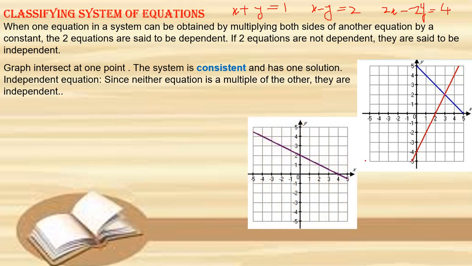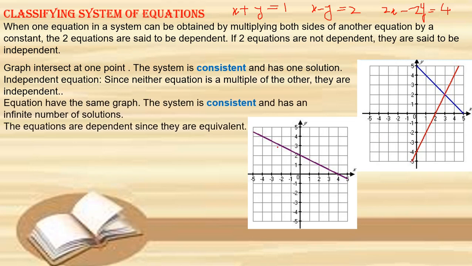Similarly, in the second, now this is the dependent equations, as we understand that any one equation we get by multiplying any constant to another equation. That means both the equations are dependent. So here, when the equations are dependent, then also they are consistent. Why? Because they have infinite common points in the graph. That means they have solutions. That means they are consistent here, with an infinite number of solutions.